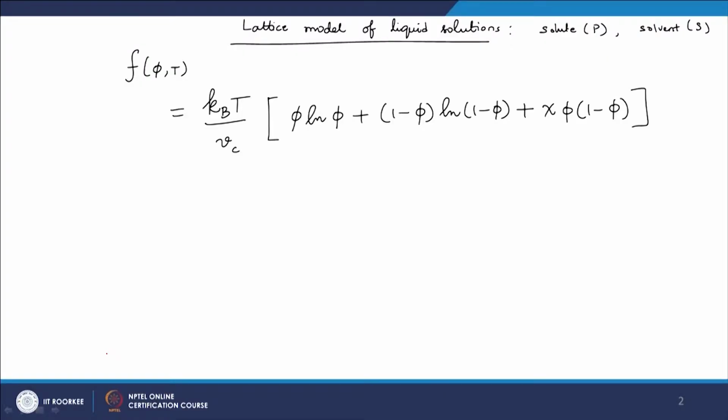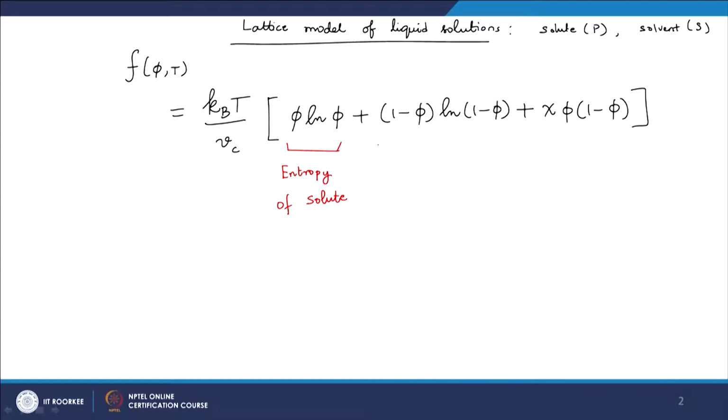in general. So, the first term we can associate to some entropy of solute, because phi is its volume fraction. If you go back in the derivation, we had a logarithm of the number of microstates, and from there we have got this particular term in this expression. The second term, for the same reason, is the entropy of solvent,